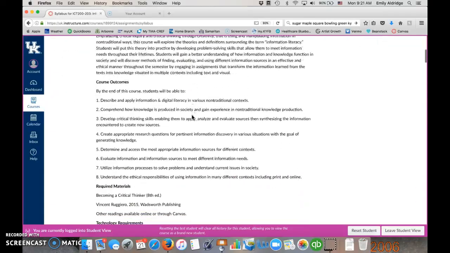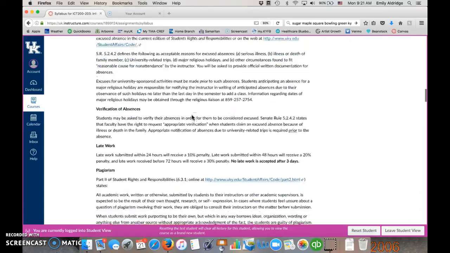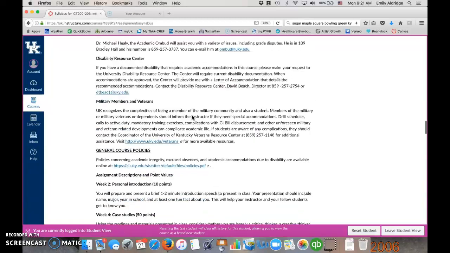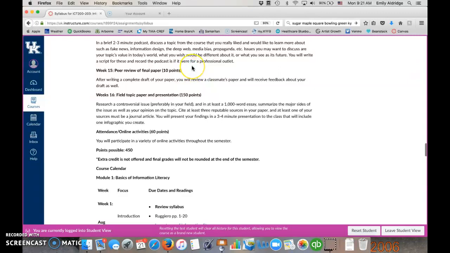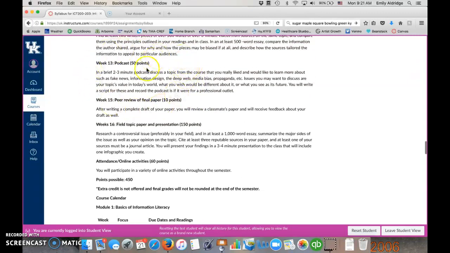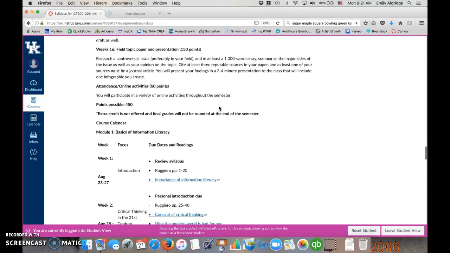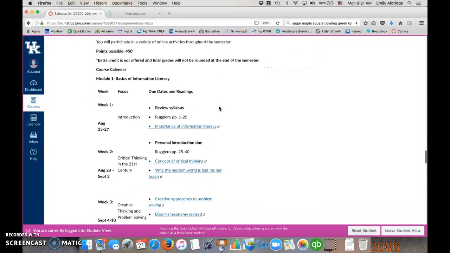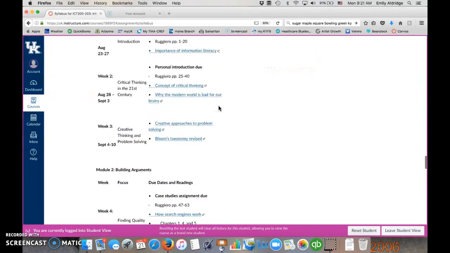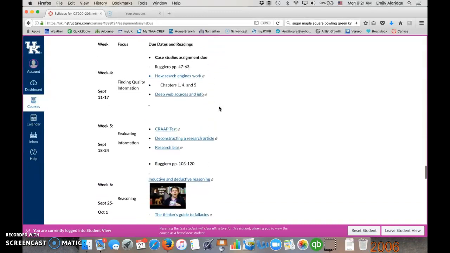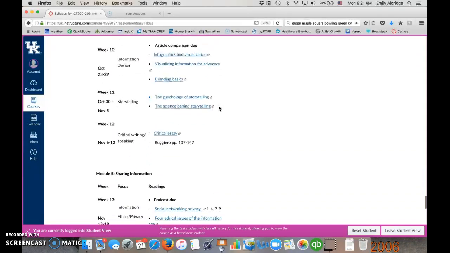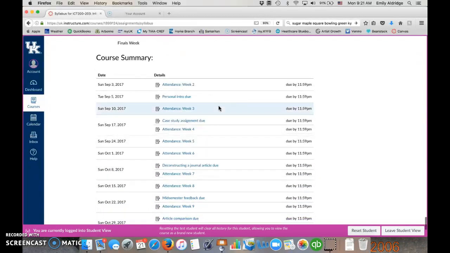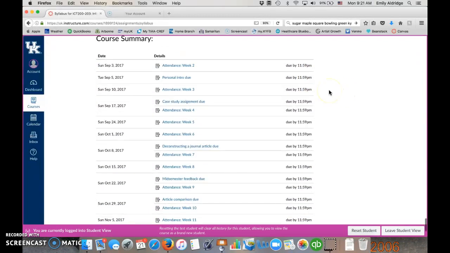I'm going to scroll kind of quickly, so don't let me make you seasick, but all of our expectations here are laid out. It's very important that you read through this at least once. All of the overviews of each of our assignments are here, as well as embedded in their individual assignment pages on Canvas. And then at the end, you'll see our modules. It's much neater in a chart on the actual PDF if you do download that. And then the course summary. At the bottom, you can see exactly what's expected of you.